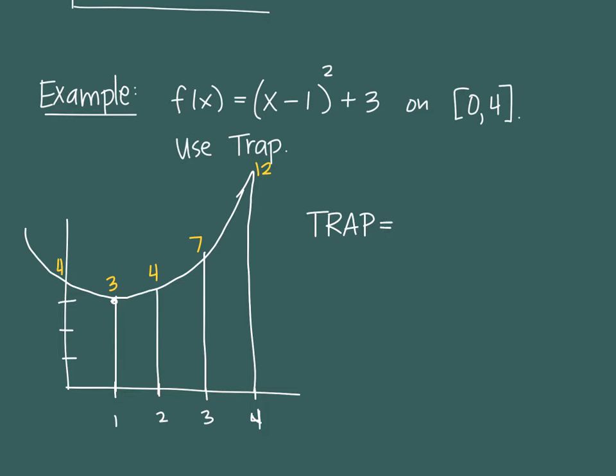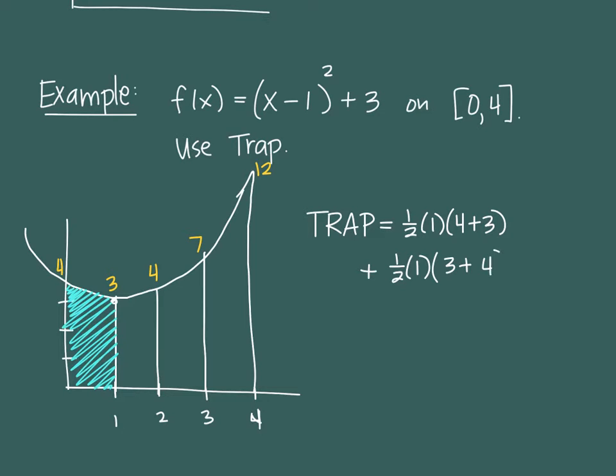The trapezoidal method then will have me do 4 different individual trapezoids. So the first trapezoid is 1/2 times a base of 1, and then the heights on the left and right are 4 plus 3. Okay, that gives me the very first individual trapezoid here. Plus, the second trapezoid also has a 1/2 times a base of 1, and its left and right heights are 3 plus 4,